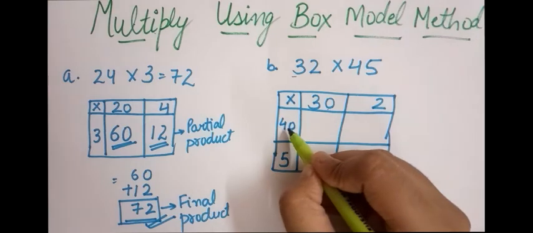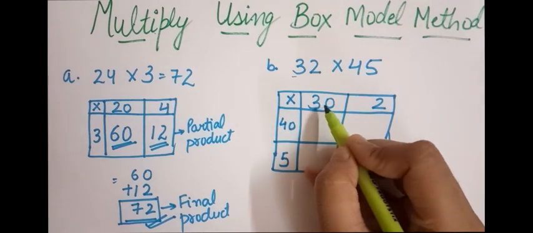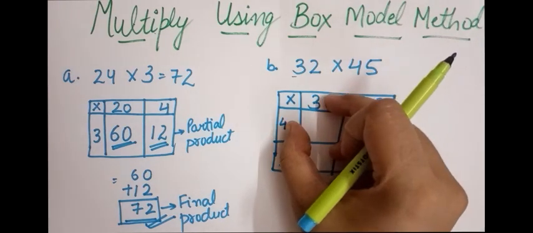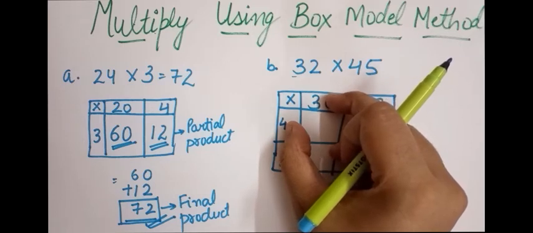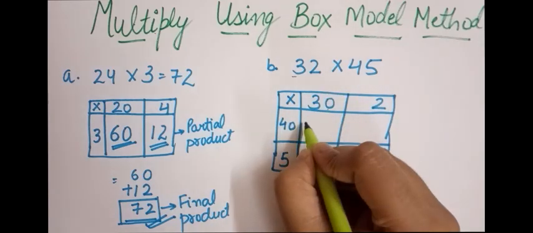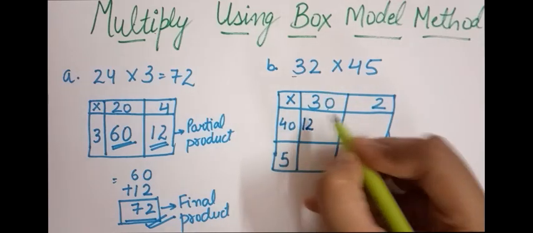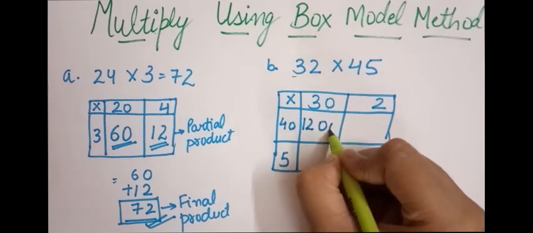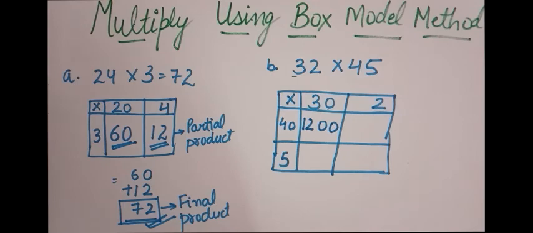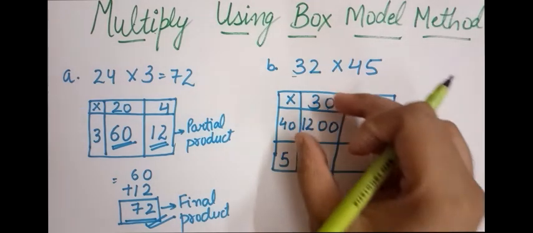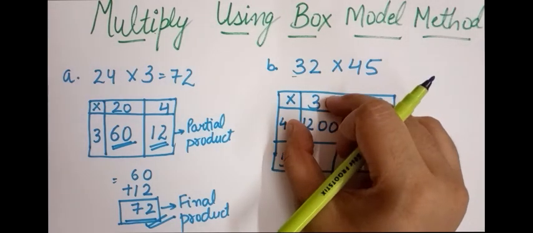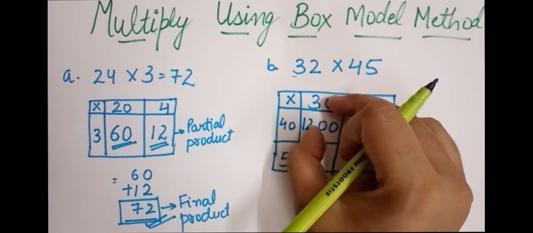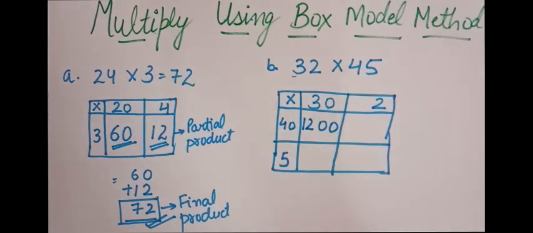First, 40 multiplied by 30. Children, there are two zeros. First hide both the zeros and simply multiply 4 and 3. 4 3s are 12. This 12 I will be writing here, and now the 2 zeros I put at the end, just like this. This is a simple way to multiply: first hide the zeros and multiply the non-zero digits, that is 4 3s are 12, and at last you can add the 2 zeros.